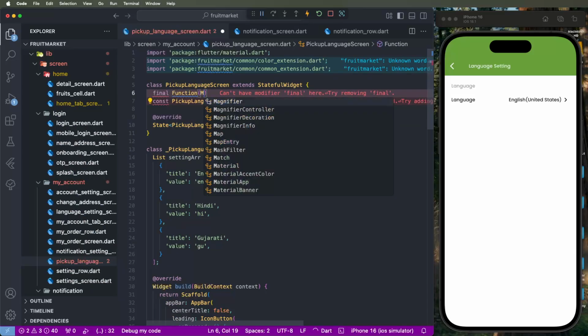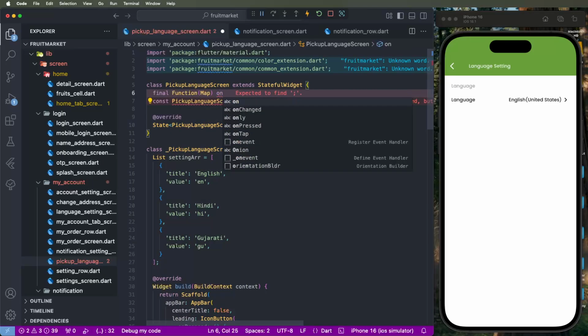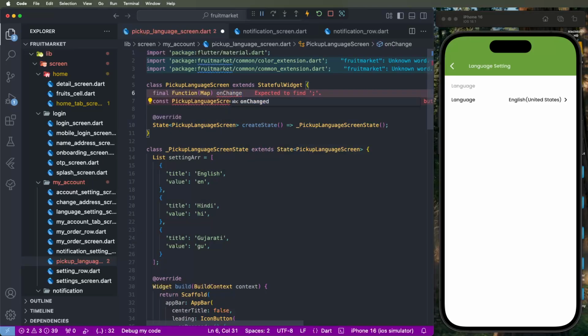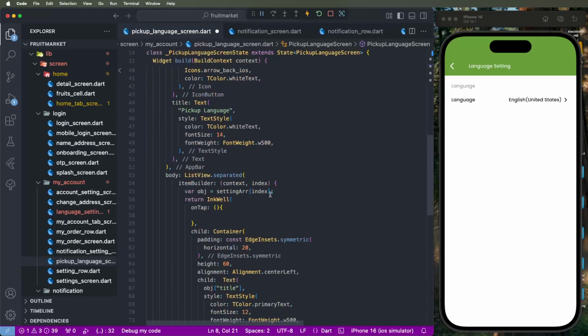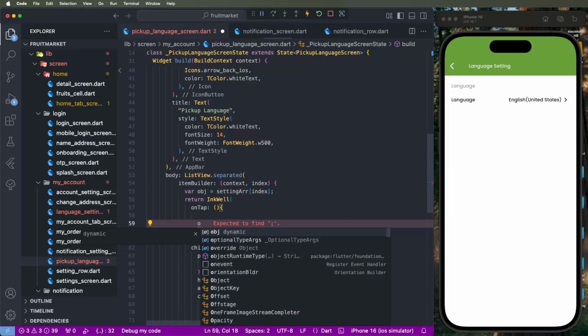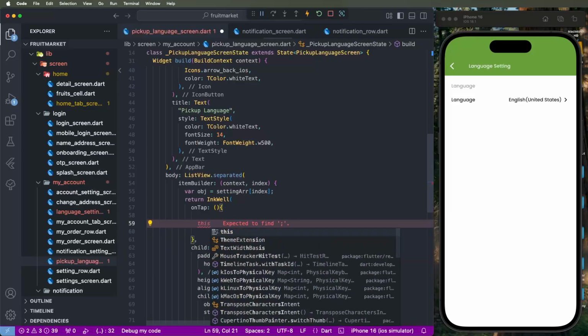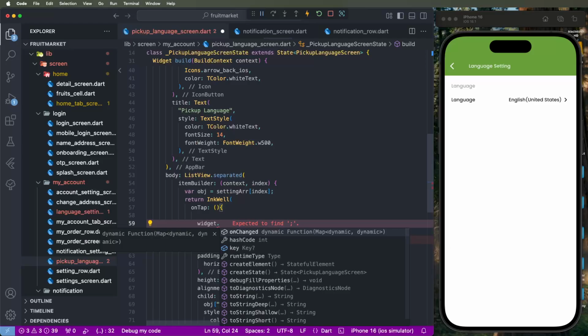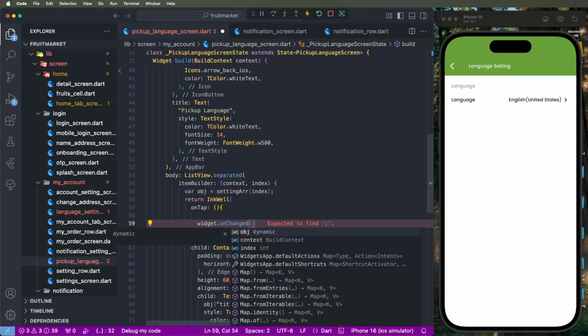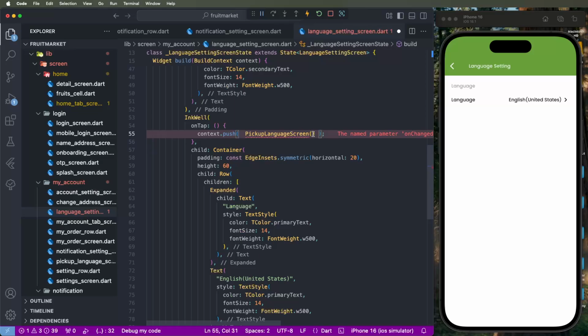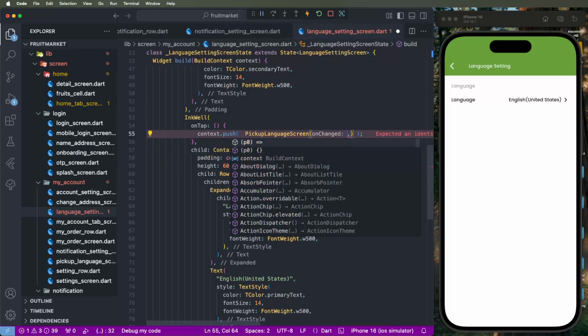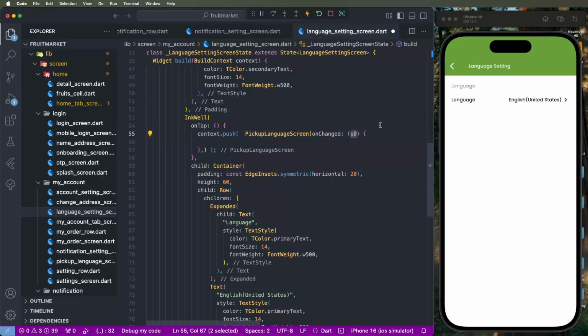Inside we need to give the map and the on change event, and import the value. On tap change we need to write widgets dot on change and pass the value of the object. Now save, and again go to the settings, remove the const, and write one change event like here, on new select,